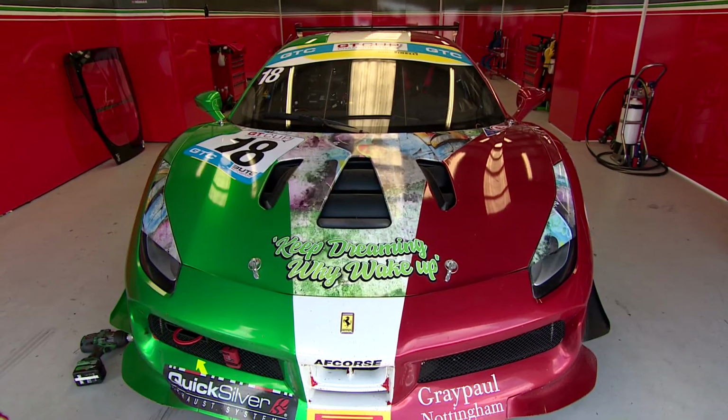Another of the new teams joining us this weekend is a name that's synonymous with GT racing. They are all about Ferrari. They are AF Course. And earlier on, I had a chat to the drivers of car number 18. Gary, Fulvio,